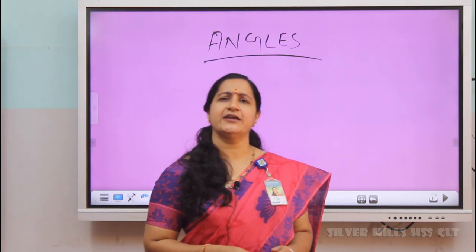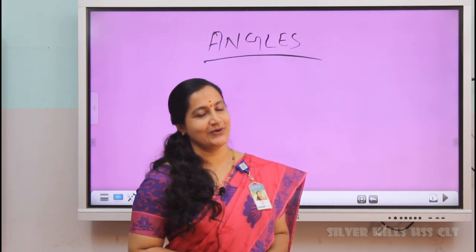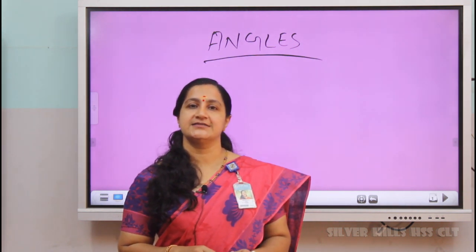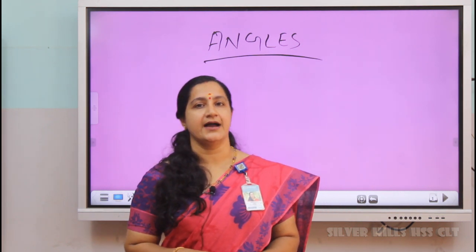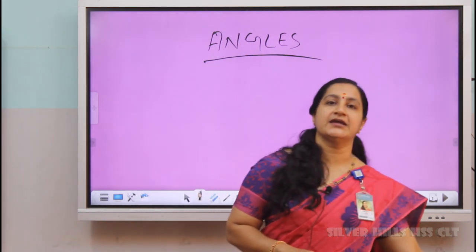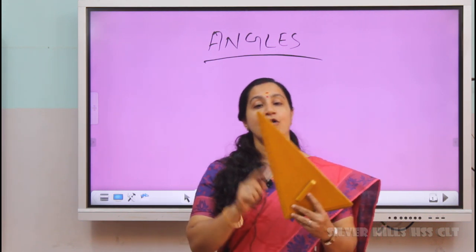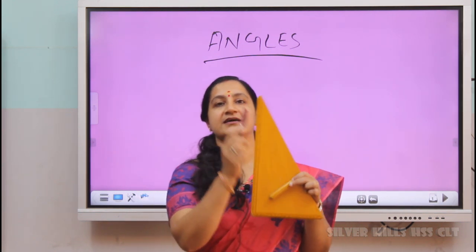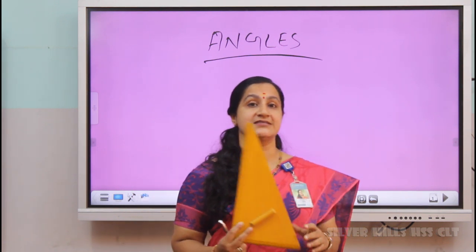So, does every object have 4 angles? No, absolutely not. What about our ball? What is the shape of our ball? Yes, it is round in shape. It doesn't form any angles. You remember last year we used a geometrical instrument called a set square. Yes. How many angles does this form? It is 3. Children, do you remember using the set squares?